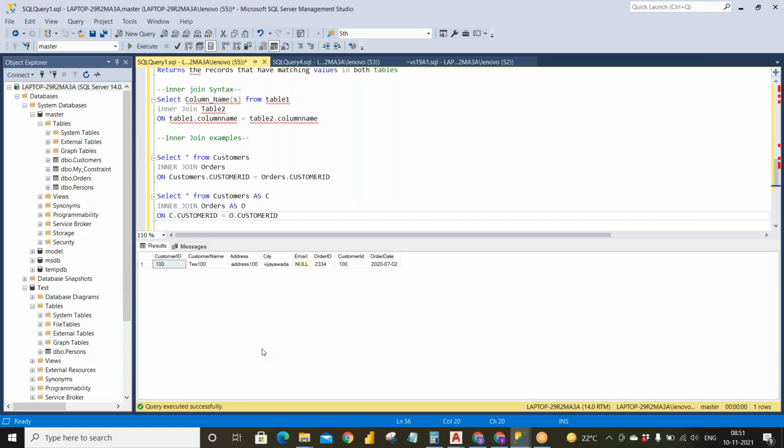Okay, this is about the alias concept. This will also retrieve the same data even if you use the alias. And now coming to the point, I don't want to have all the columns in my result. So what I want to do, I want to get something like customer ID.